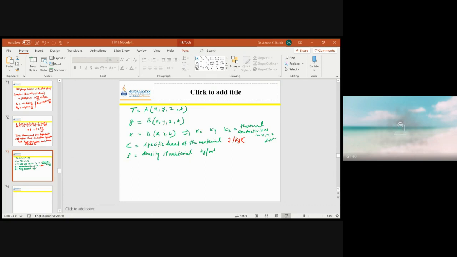Now the second case. In the second case, if we assume there is no internal heat generation within the material, the value of G becomes 0, so this term becomes 0. So our equation is converted into simply